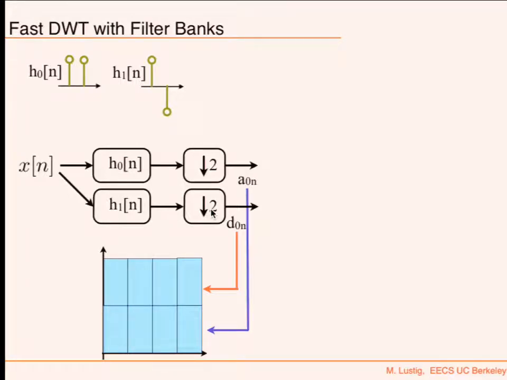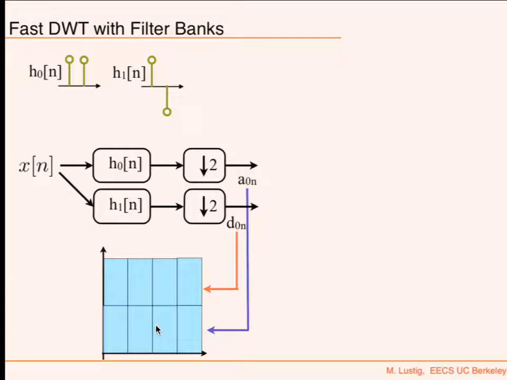And this operation is exactly equivalent to performing these inner products that I showed before, with the basis function that I showed before. So low pass, high pass. And it kind of makes sense, because low pass will give me the approximation coefficient. High pass will give me a detail coefficient. And because it's a convolution, it's going to be shifted in time. So I'm going to see those high frequency components shifted in time. So this will give me that kind of a decomposition.